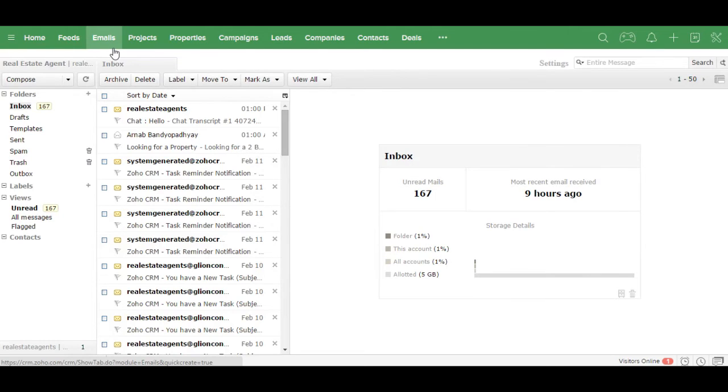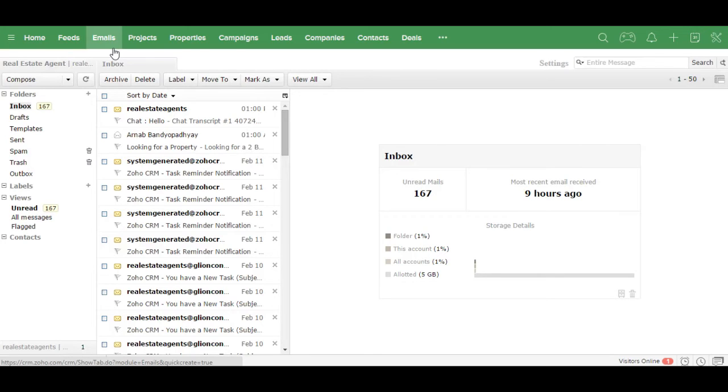Okay, now it doesn't matter which email service provider you're using. For example, if you're using Google Apps or any other service provider, it integrates with pretty much any of them, so that all your emails would be part of your CRM system itself. And whatever emails you're exchanging with your different leads or contacts automatically get tagged against the relevant lead